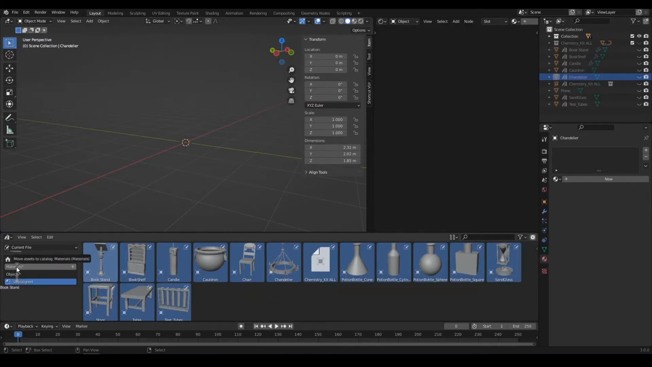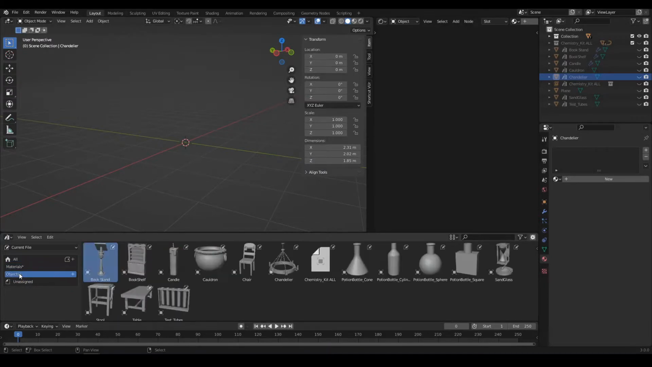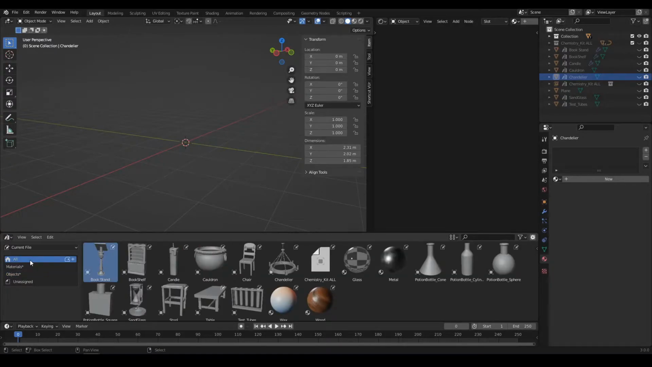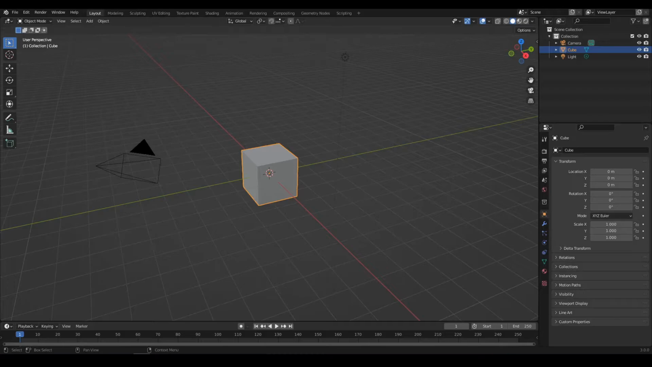Let's select them all and copy them into the material folder. This way you can have a folder and then subfolders, but that should be enough to have it organized. Now let's save the file, and we can see it's saved. Alright, so now that the asset library is all filled up with our objects and materials, what we're gonna do